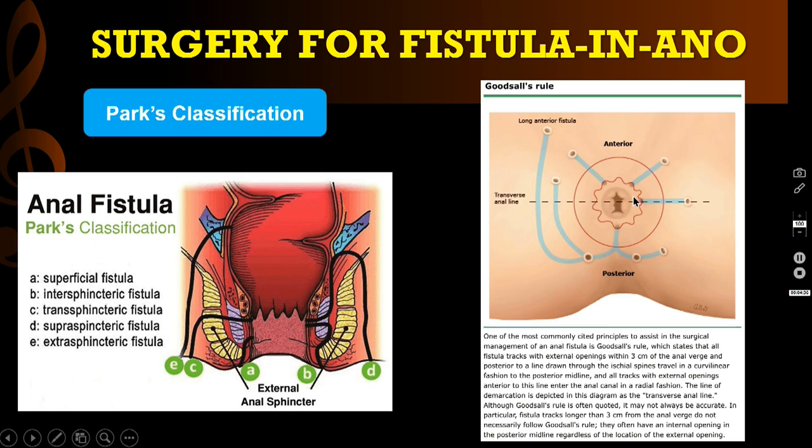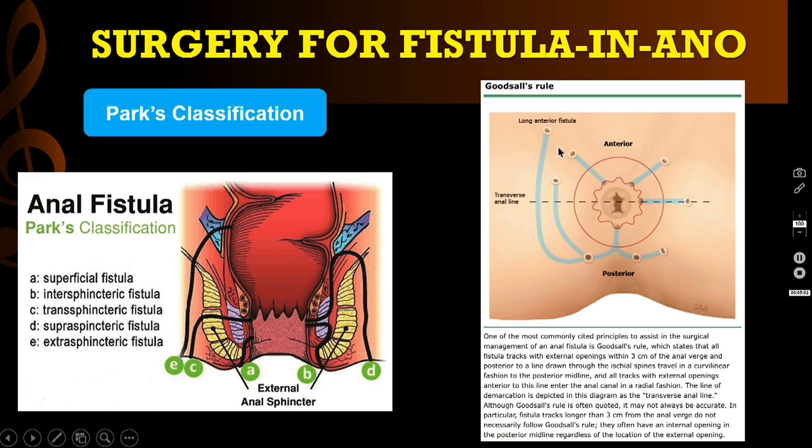Whichever fistula is anterior to that, if it is within 5 centimeter distance from the anal verge, then the tract will be radial like this. Okay, anterior fistulas. But if the distance between this external opening and the anal verge is more than